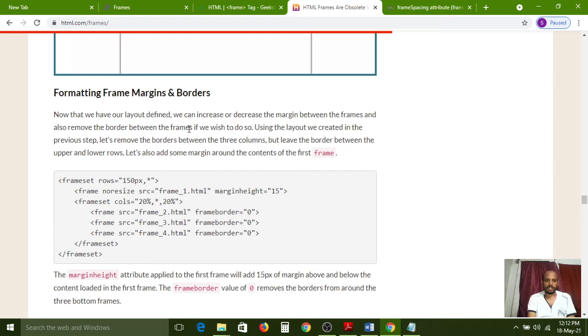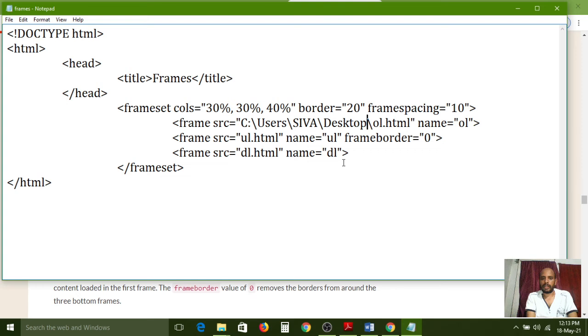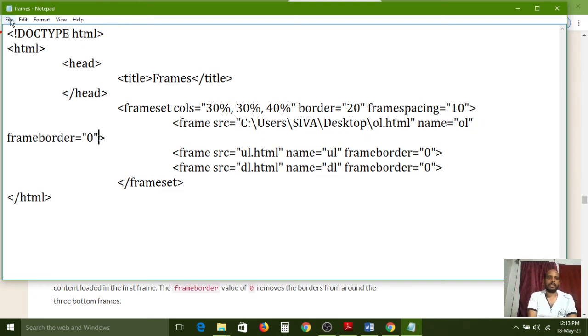If you want to disable all frame borders, then compulsorily you need to use it for all frames, not only a single frame. If you want to disable the borders for all frames, we need to give it for all of them, then only this will work.